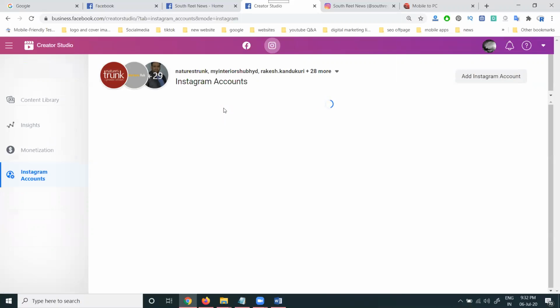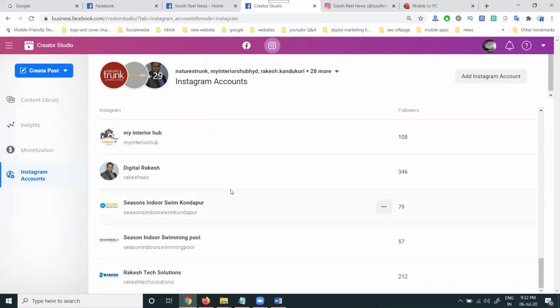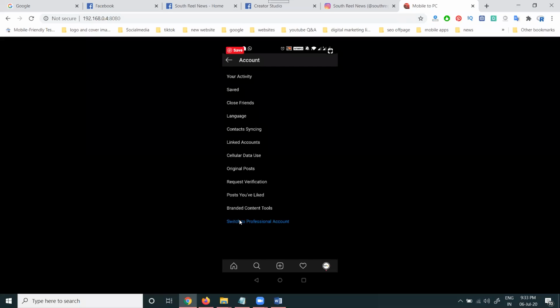If it's there, we can remove it from that link option; it will also be a mandatory field. Just scroll up. It is not there. Why is it not there? They removed it from the personal account. Here, where do they go? Personal account. If you go to the professional account, click the switch option.